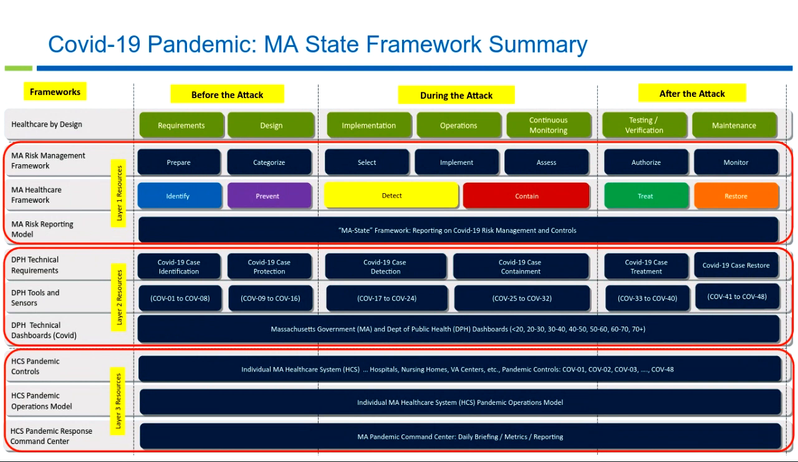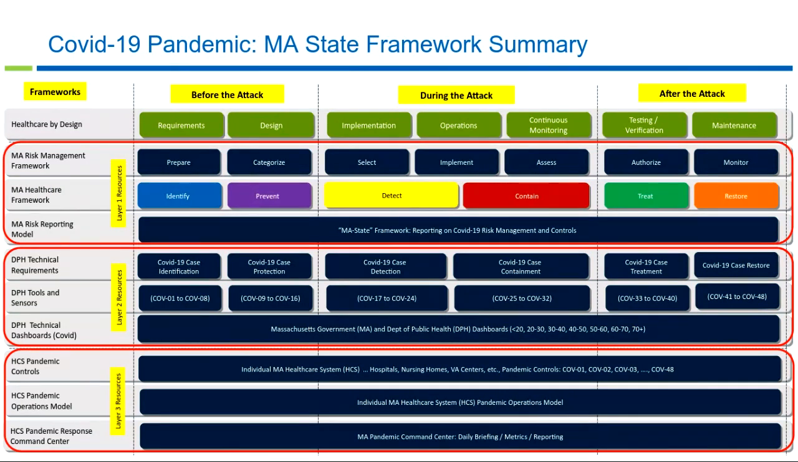Risk management framework, Massachusetts healthcare framework, Massachusetts risk reporting would be the layer 1 resources before, during, and after the attack of COVID. For engineering, we'd be Department of Public Health technical requirements, tools and sensors, technical dashboards for COVID, before, during, and after the attack. And for the operational layer 3 resources,